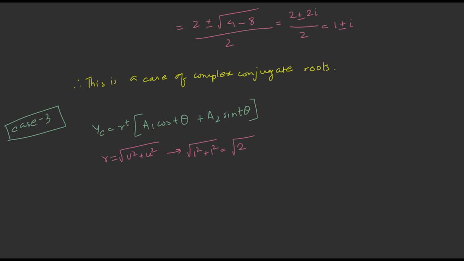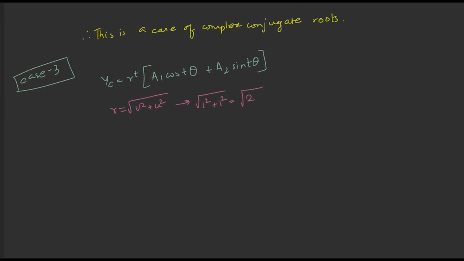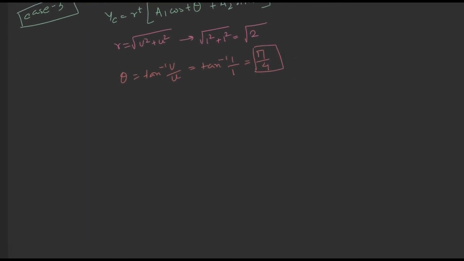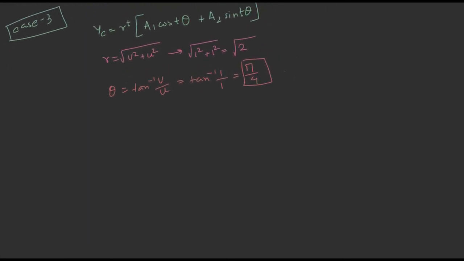Value of r. Now, to find the value of theta, we need to find theta equals tan inverse v by u. So tan inverse 1 by 1 equals pi by 4, right? Because tan inverse 1 we know is pi by 4. Therefore, substituting this value in equation, let's say equation 1, we get